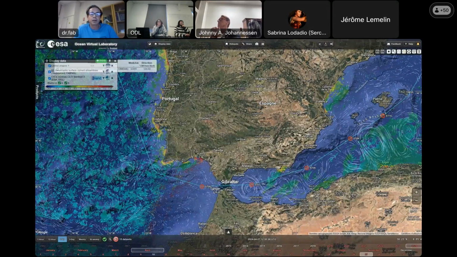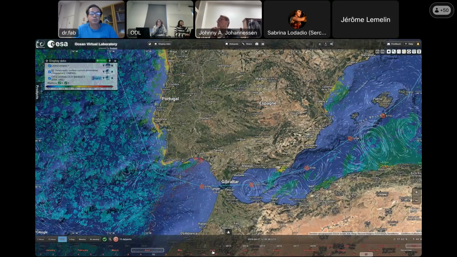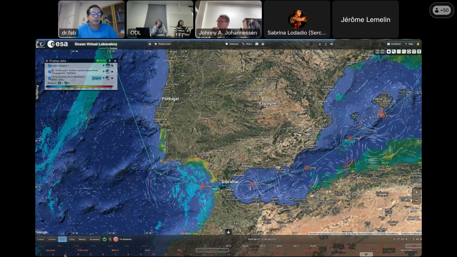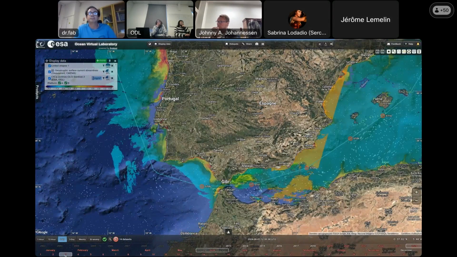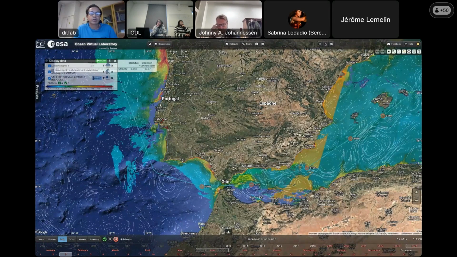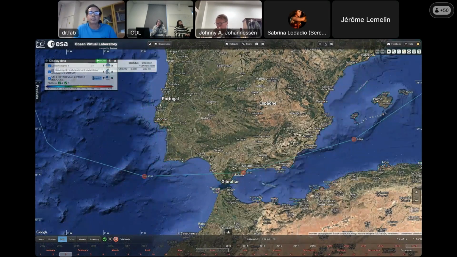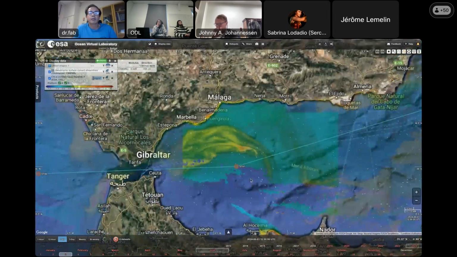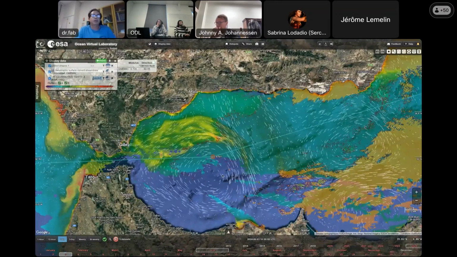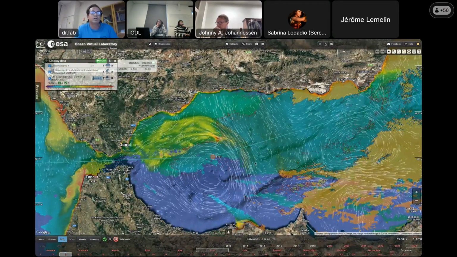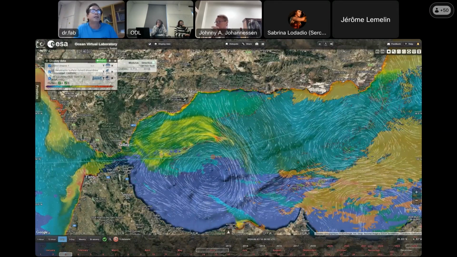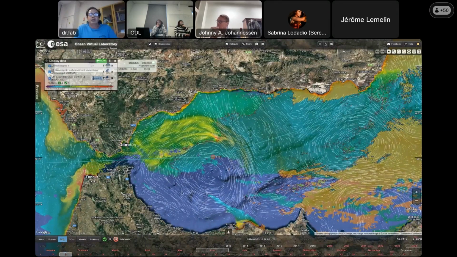So on the timeline at the bottom, you click on June, and then on day 3. Okay, so now you can zoom on the Alboran Sea, just to the east of Gibraltar Strait. Okay, so here let's say that